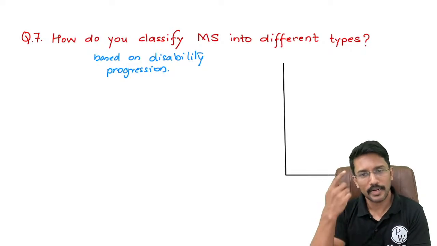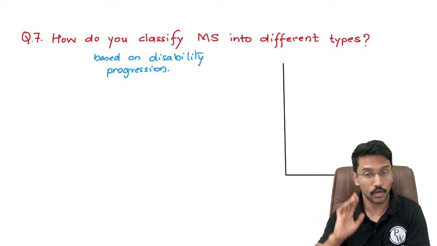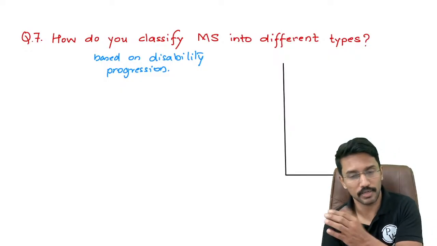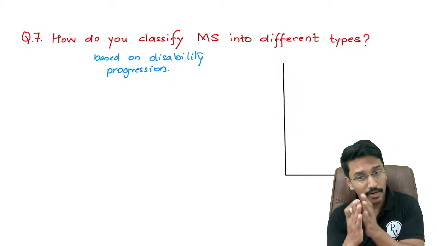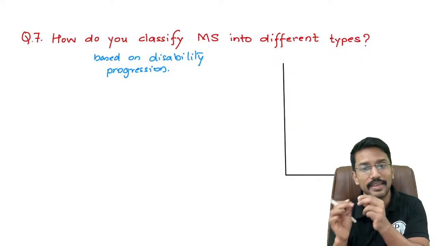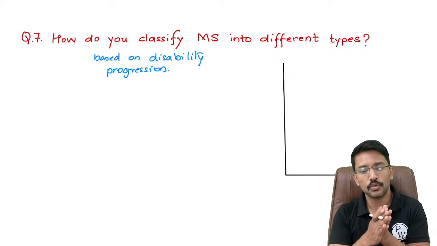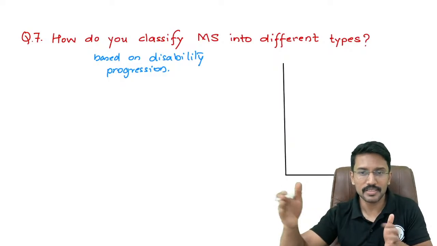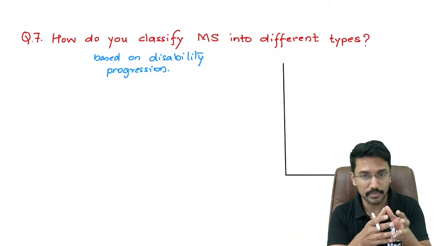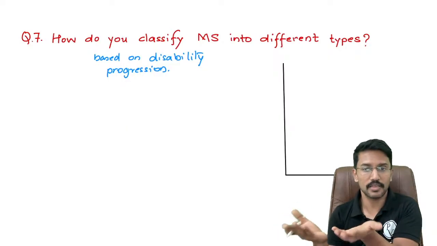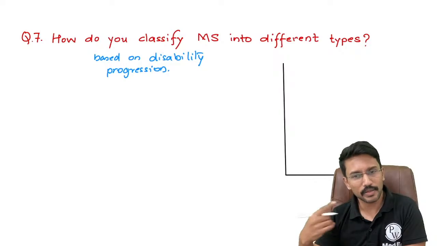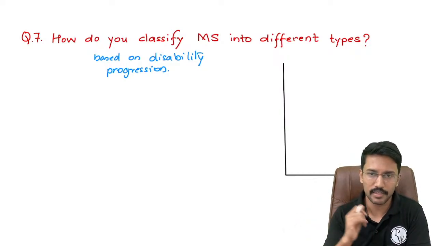After this, I developed demyelination of the optic nerve. Now I cannot see from one of the eyes. So now I am even more disabled. Earlier, I was not able to walk. Now I cannot walk as well as I cannot see. So my disability has increased. So in multiple sclerosis, we will see what happens to the patient's disability over time, because बार बार demyelination होगा, हर बार एक नया demyelination, तो disability शायद बढ़ता जाएगा. So we'll plot the disability on a graph, and based on the disability behavior, we have classified the multiple sclerosis